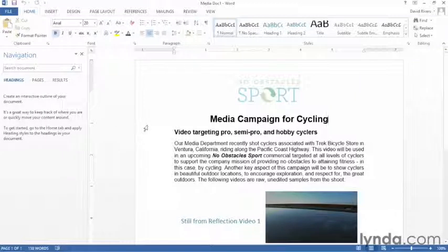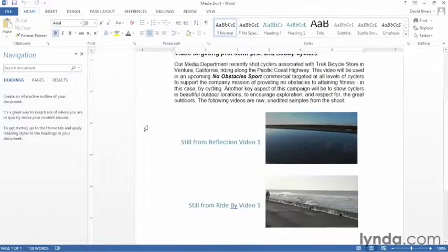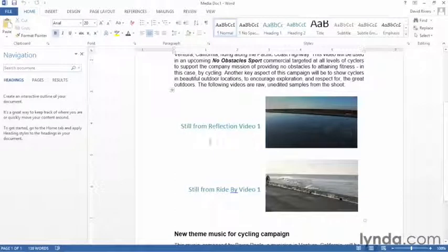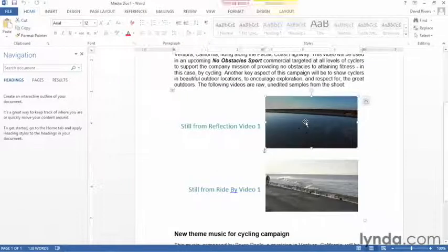them using our MediaDoc1 file, which does have a couple of photos here. They are stills from a couple of videos, Reflection and Ride By. Let's start with the reflection image. We'll click it to select it. It does kind of look a little bit dark, and you'll notice the Format tab appears under Picture Tools, and